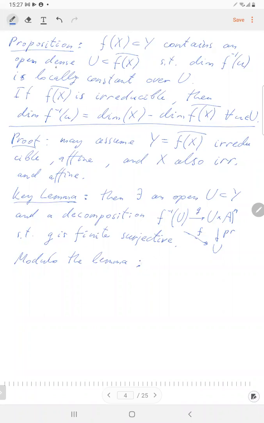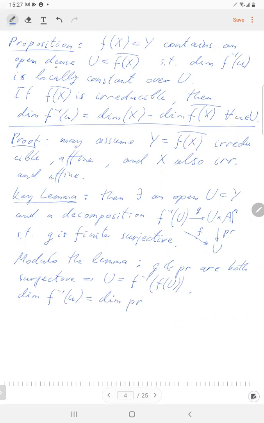First of all, we know that G and projection are both surjective. Hence, U is the full pre-image of its image, and the dimension of any fiber is the dimension of its fiber under projection, because